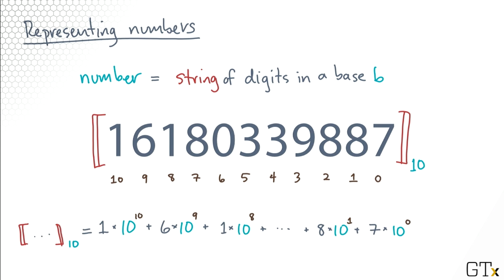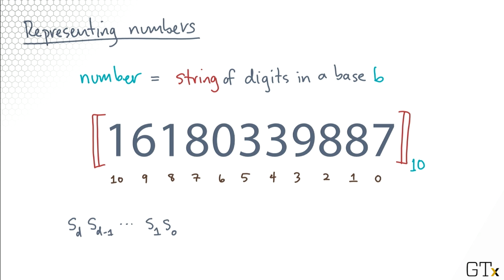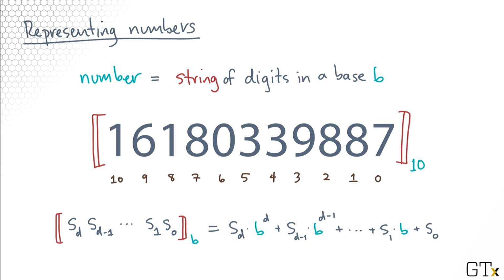Now, repeating this process for every digit, the value of the string is the sum of what each digit contributes. 1 times 10 to the 10th, plus 6 times 10 to the 9th, and so on. Generalizing, consider any string of d plus 1 digits. What is its value, assuming the digits are given in base b? It's basically the sum of each digit times the base raised to the digit's position, or more compactly, the following